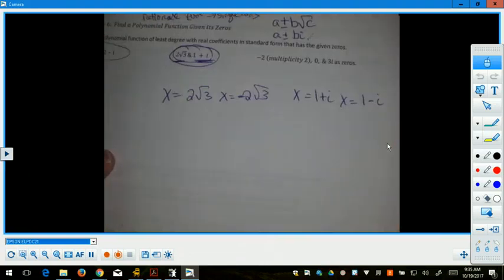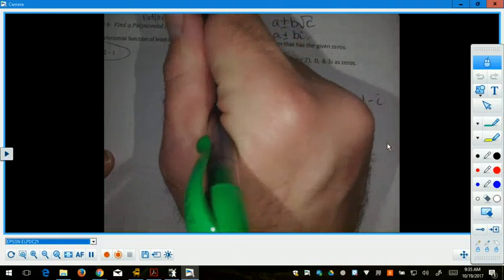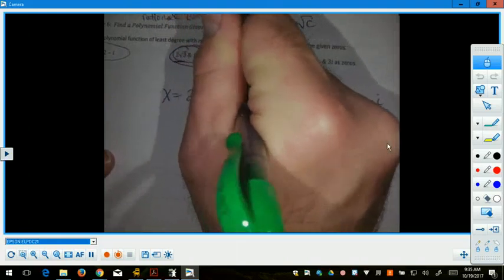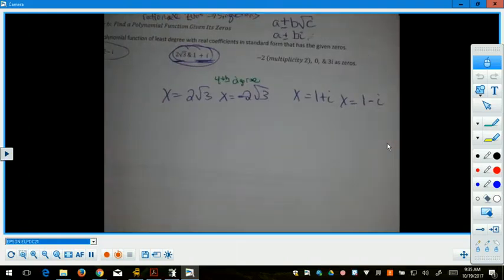What degree polynomial? X to the fourth. I'm expecting a fourth degree polynomial when I'm done. So I should see x to the fourth in my equation. All right, so the way that you did this in Algebra 2, and I'm going to show you a little